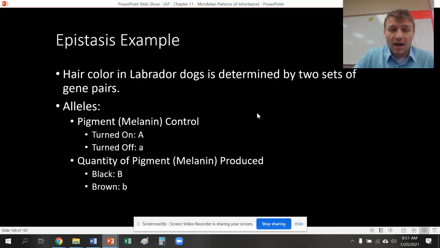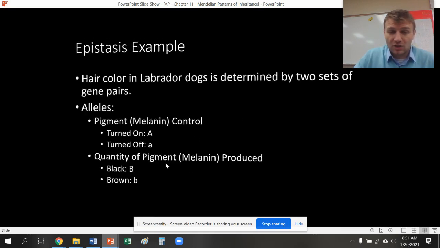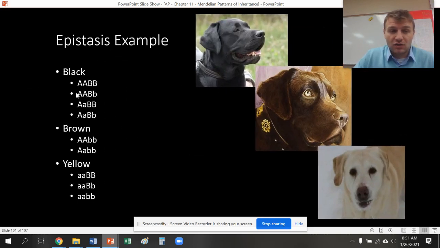Labs are this way, where you have this pigment gene and the quantity of the pigment gene, and you can see if gene A is expressed, that means they're going to be black. If gene A is expressed, but we don't have gene B, you're going to have these brown labs or the chocolate labs. And then if gene A is turned off, it doesn't matter what gene B is, they're going to be these yellow